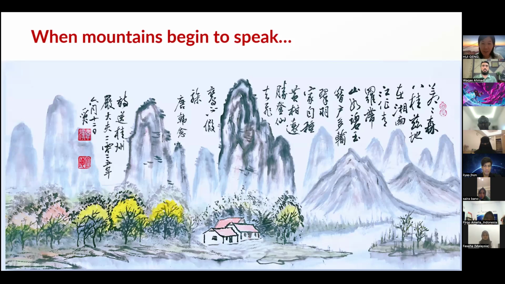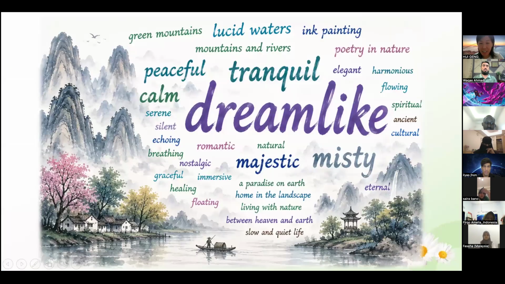All right. So Guilin is famous for its mountains and rivers, but for me, it is more than a landscape. It is a city that constantly reminds me that form and feeling belong together. Its mountains and rivers are not only geological forms, they also hold memory, imagination, and emotion. When I ask my students, these keywords are their answers: dreamlike, tranquil, peaceful, calm, serene, echoing, and so